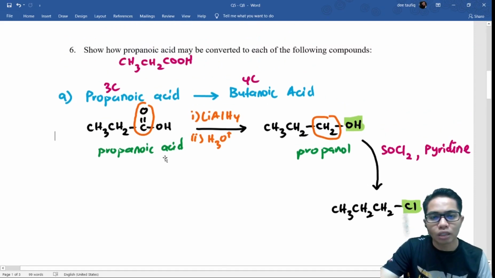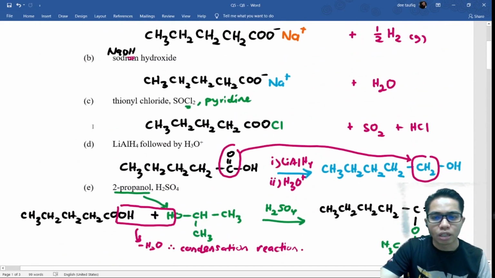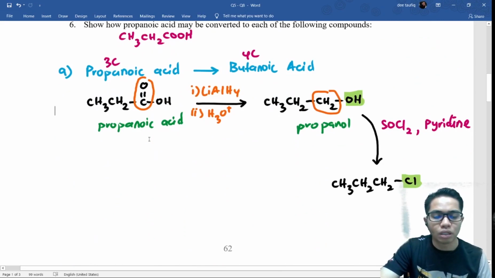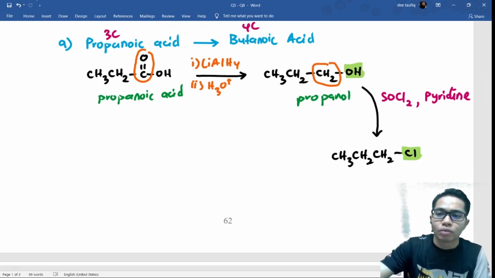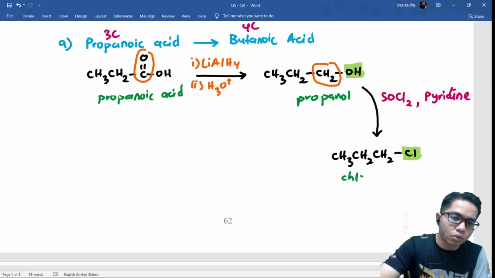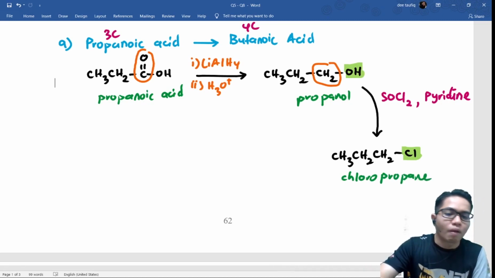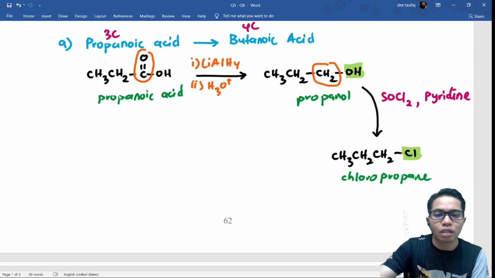Okay, ni tadi kita dah cover kat atas ni. Ada ke kat atas? Ni. Thionyl chloride, SOCl2 in pyridine, so COH. Itu dalam alkohol, dalam chapter carboxylic acid, sorry. Dalam alkohol, the OH group will be replaced with Cl. Itu kalau chapter alkohol lah. So kat sini dia dah jadi chloropropane. Okay, masih lagi 3 carbon. Okay, nak tukar jadikan dia 4 carbon. Okay. Now dah dapat ini, saya boleh tindak balaskan dia dengan